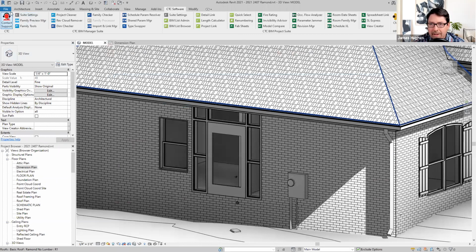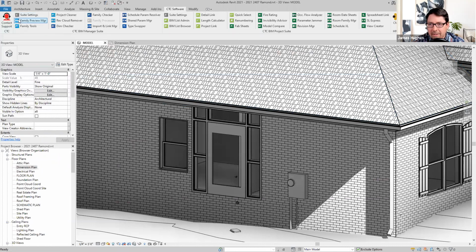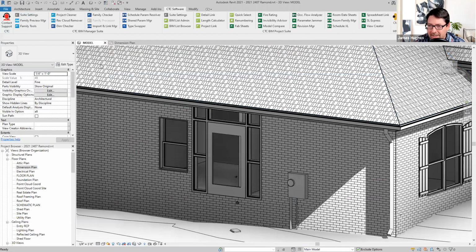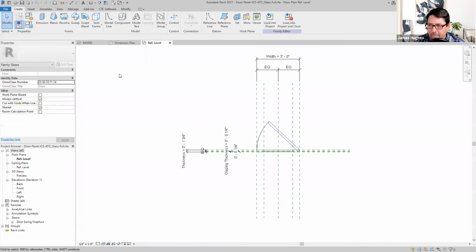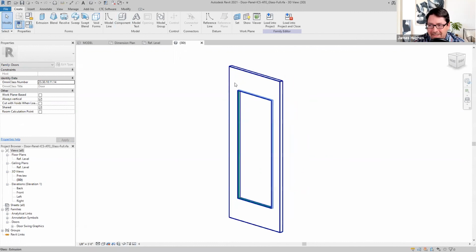It should open it up, but since I was in the middle of that tool, I'm going to go to File. You know what? It's going to be faster to double click it because I'd have to browse to it otherwise. There's ATG. All right. We could visit this thing in 3D, determine a change that we want to make, and because I want to hurry up here and not spend too long on this, because really the important thing is not how do we edit this thing in the family editor, but